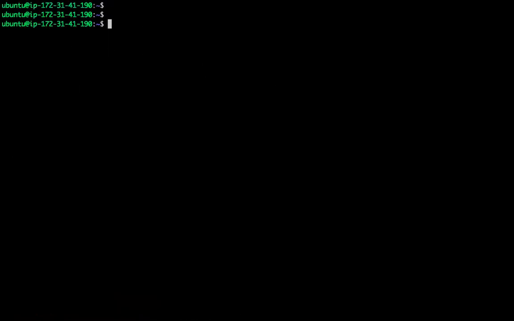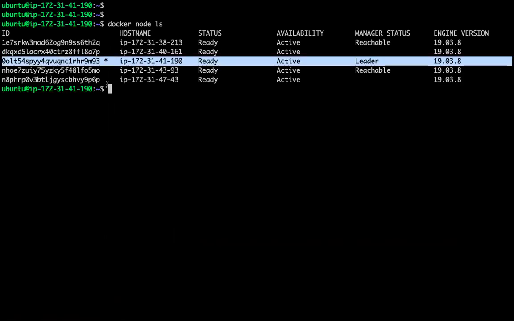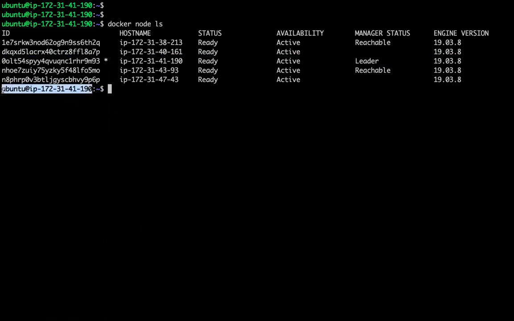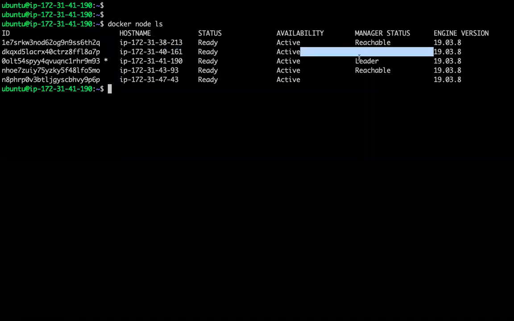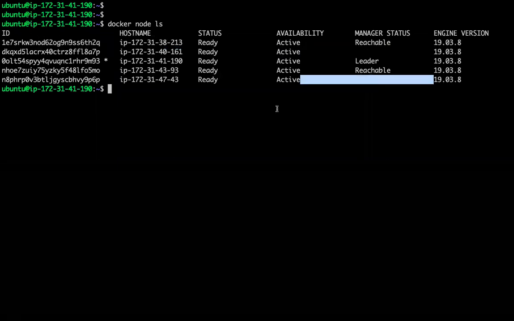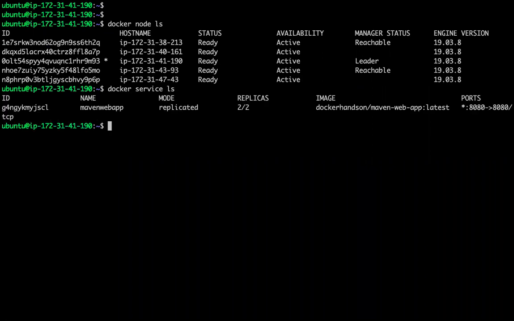So this is my cluster. This node is the leader. And these two are reachable, reachable in the sense secondary managers. And these are workers. So I created one service in replica mode, with two replicas. Where these replicas are running,